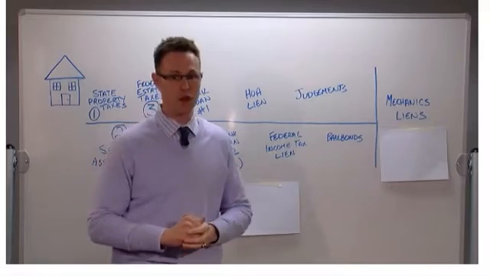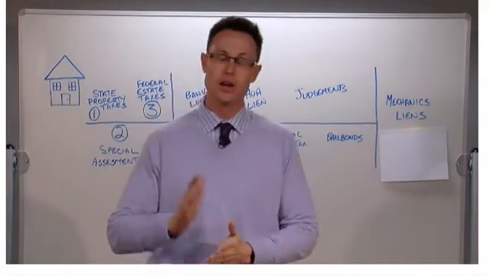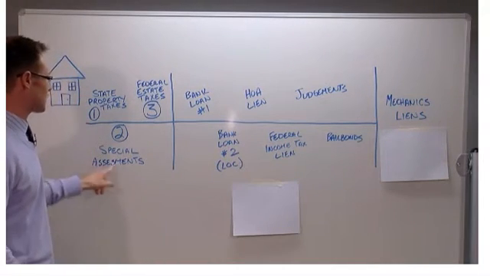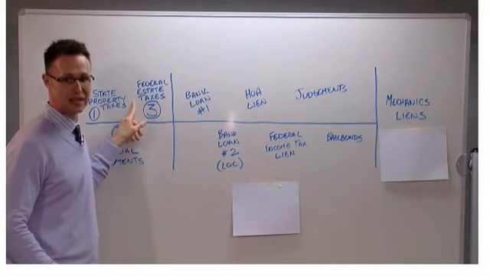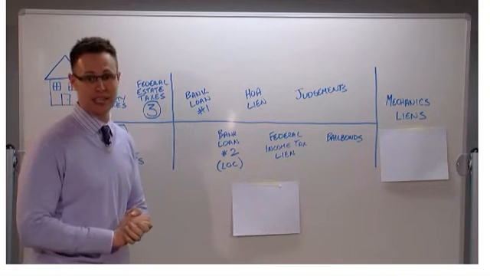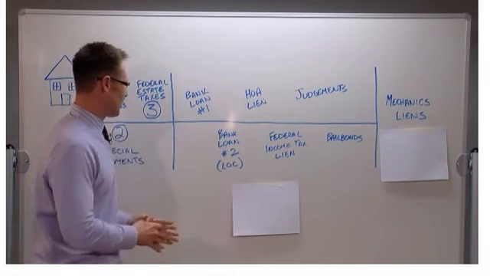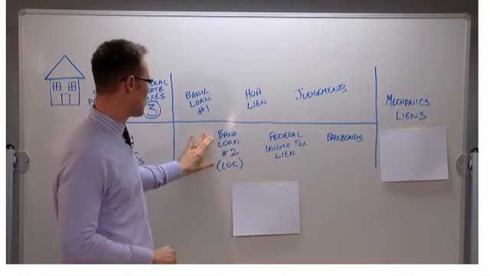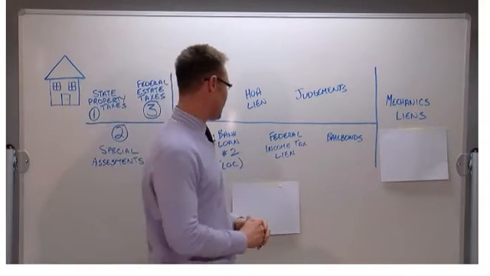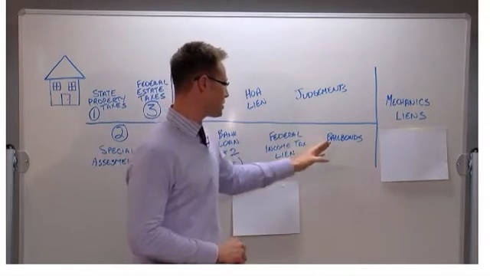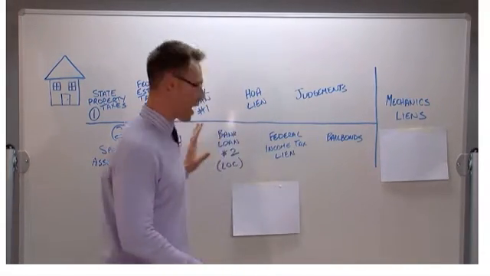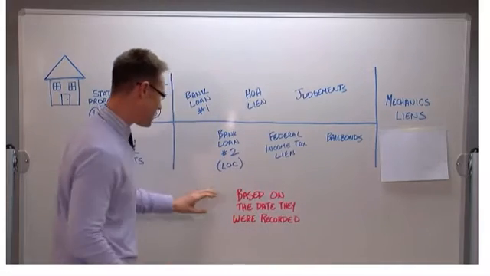Whatever's left over after all the liens are paid off goes to the homeowner. Now, state property taxes, special assessments, and federal estate taxes are the most senior liens out there. Mortgages, like this bank loan number 1, maybe a line of credit, bank loan number 2, HOA liens, federal income tax liens, judgments, bail bonds. These are all considered junior liens, and they're going to get prioritized depending on the date